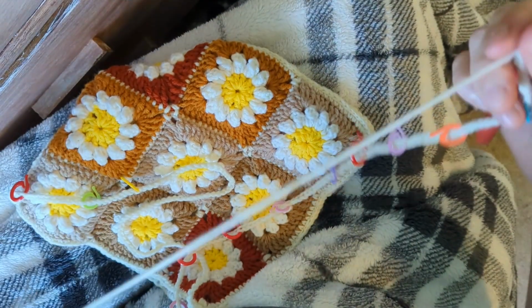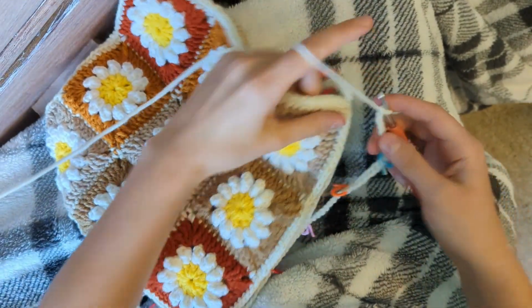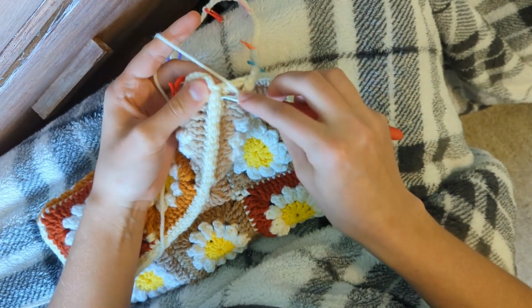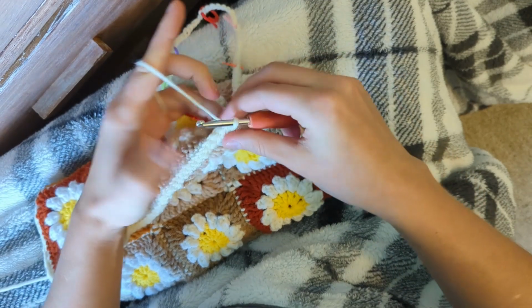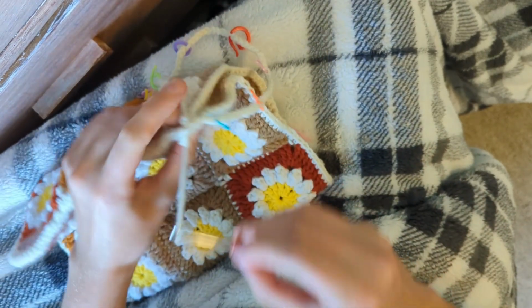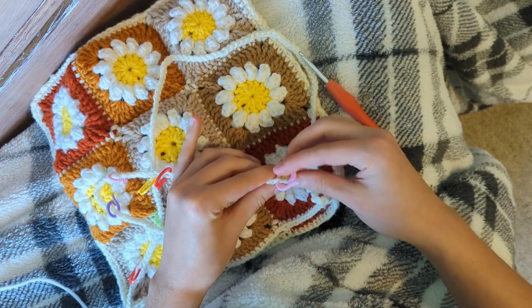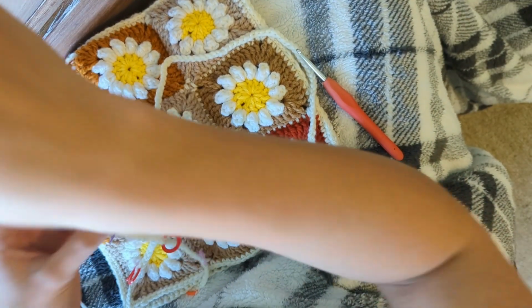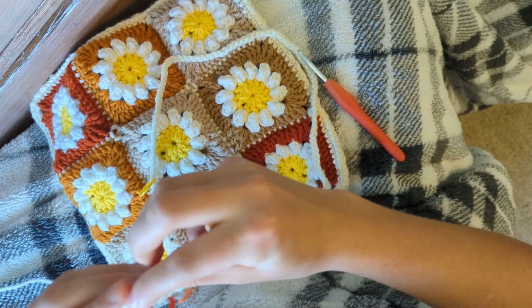That was 106. So now what I'm gonna do is slip stitch back into this side, right beside where the other chain started, so right here. And now I'm going to pull up a loop and take all of these stitch markers off because we don't really need them anymore. You could leave them all in if you wanted to, if you have enough stitch markers, that is, to check that you're